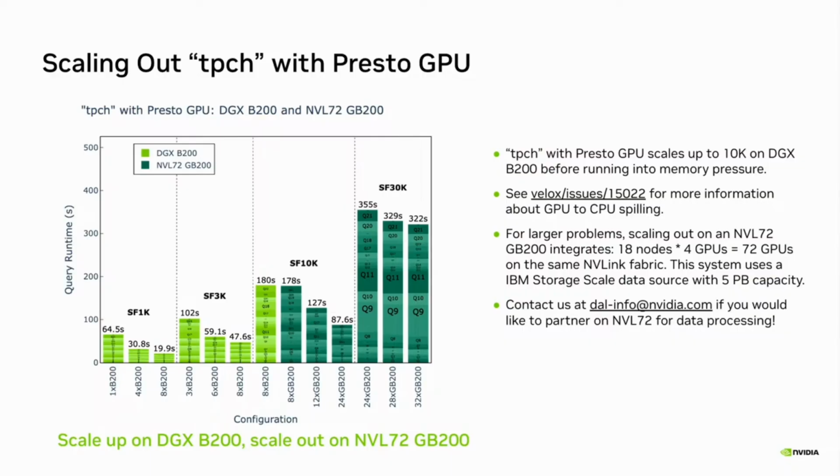You can run up to 10K on the single node, and you can also run that on 8 GPUs on the cluster as well. So it's taken a lot of work to stand up the storage scale system and have it work smoothly with Velox. But basically everything you need to run this comes in the open source now with UCX Exchange, and